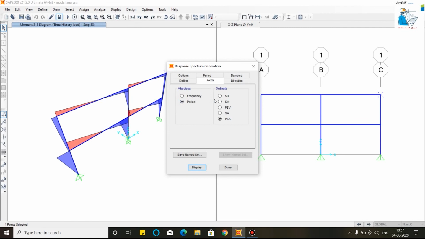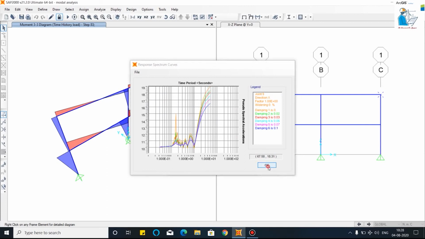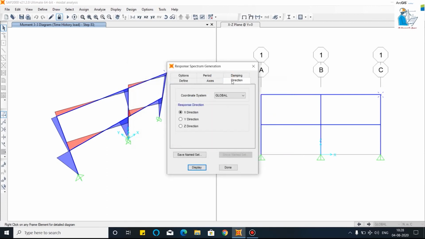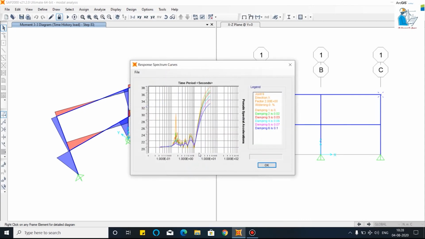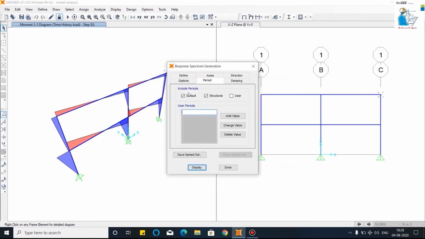I will select period and pseudo static acceleration and display. Your scale factor is 2. As you can see, your response spectrum curve is shown for a particular joint.